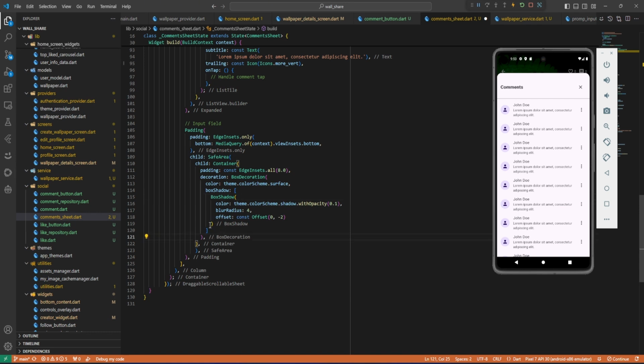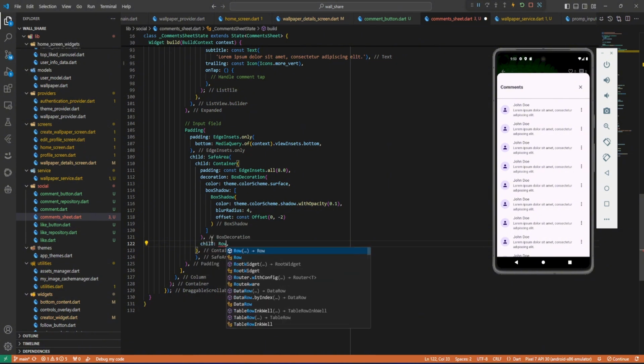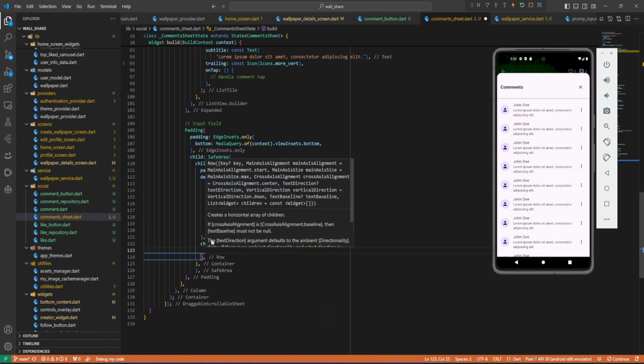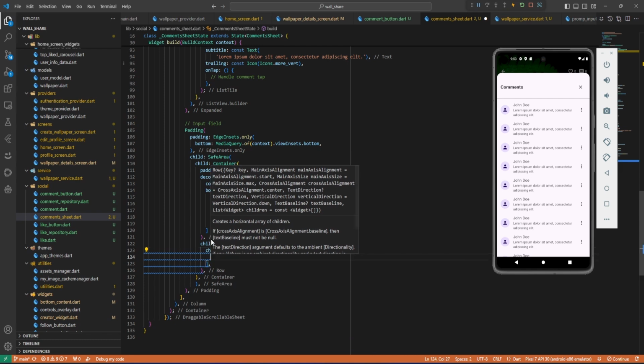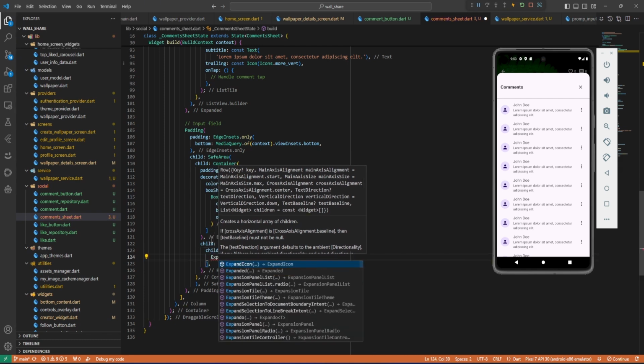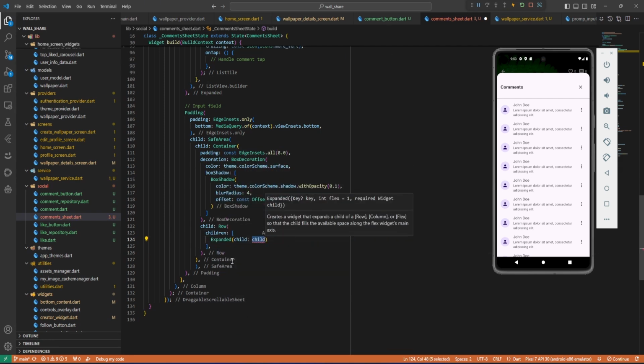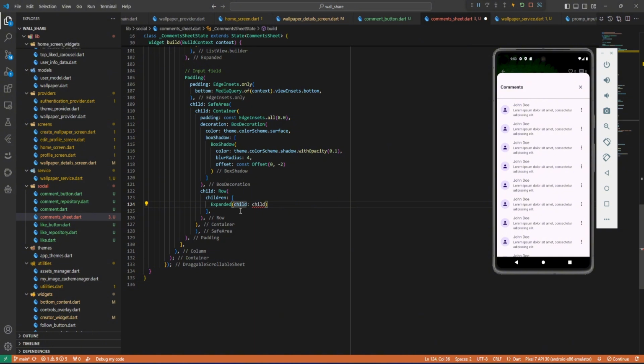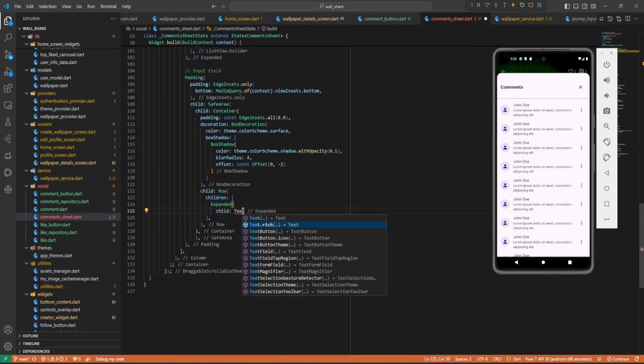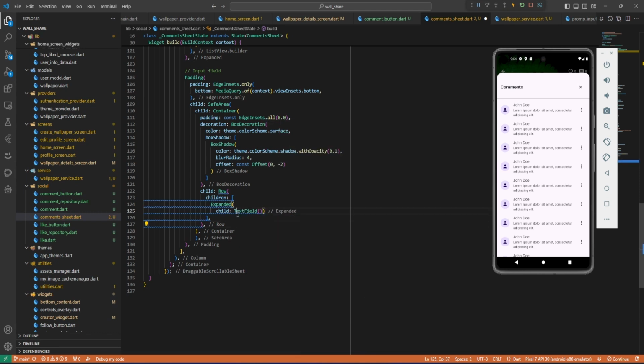Okay, so right after this BoxDecoration, we're gonna have another child, which is going to be a Row widget. Okay, this Row is going to have children. The first child is going to be an Expanded, so this is going to be the TextField. Let's do TextField. Okay,